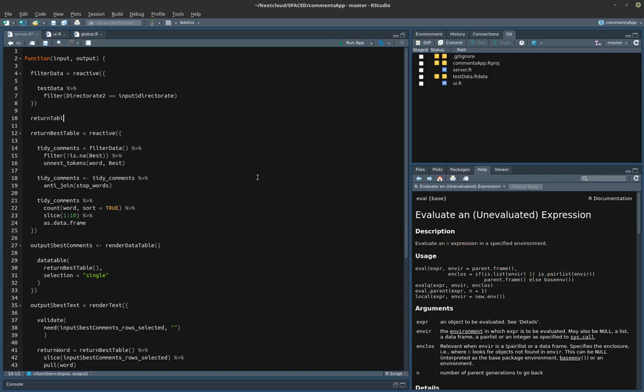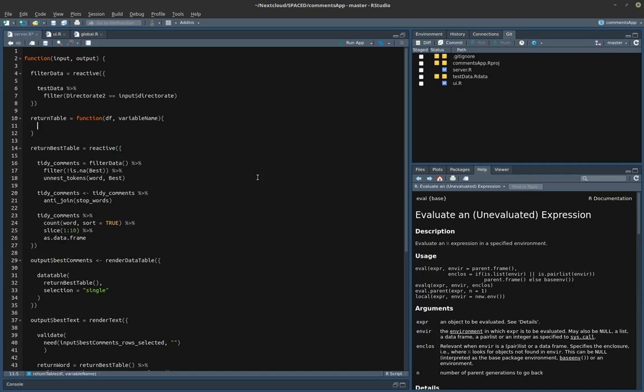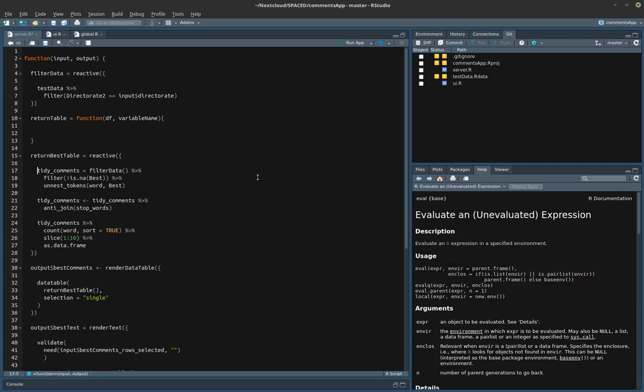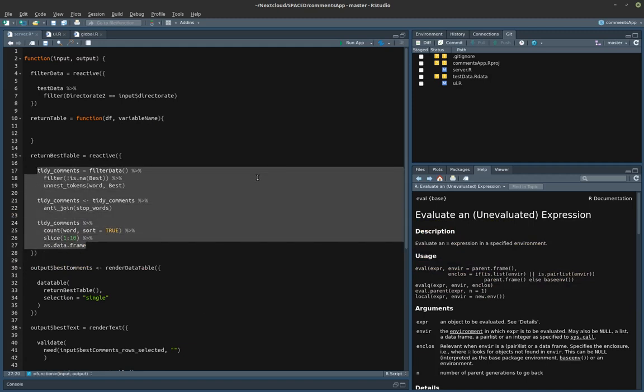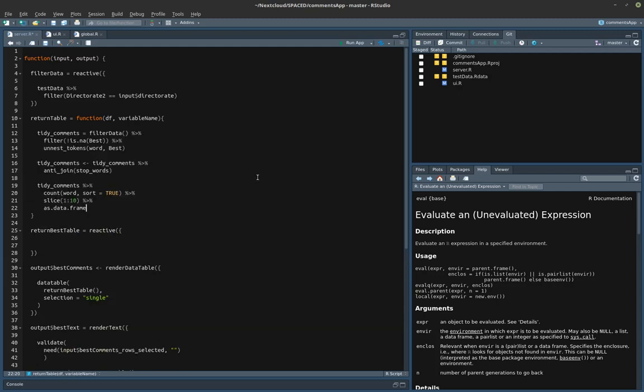Let's call this return table. Return table equals a function which takes a value of data frame and a value of variable name. And it's basically going to do this. Just cut that out. It's going to do that, except this is going to be the data frame, and this